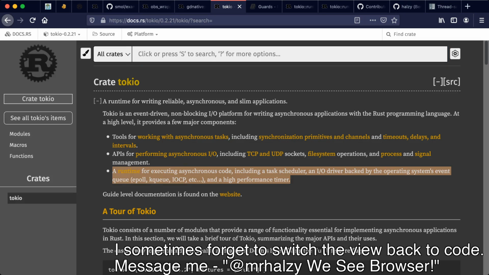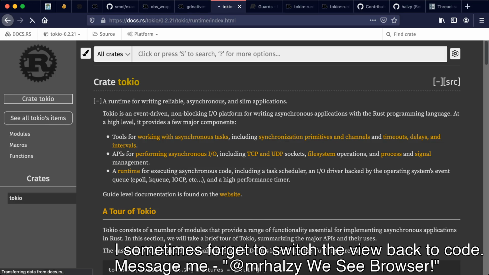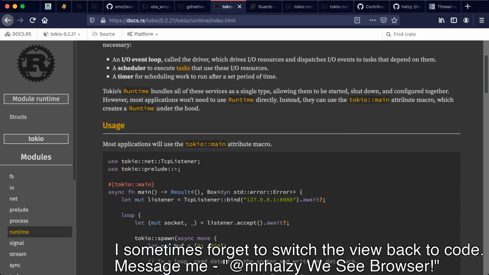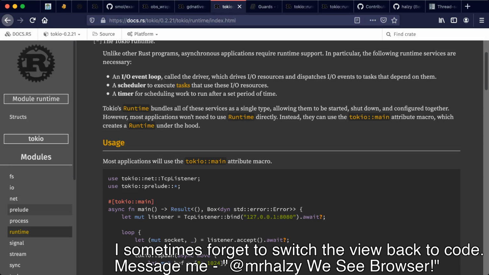Runtime for executing asynchronous code, including the task scheduler, IO driver. All right, unlike other Rust programs, asynchronous applications require runtime support. Got it. Yes, we know that. In particular, the following runtime services are necessary: event loop, scheduler, execute tasks. Oh, interesting. I wonder if